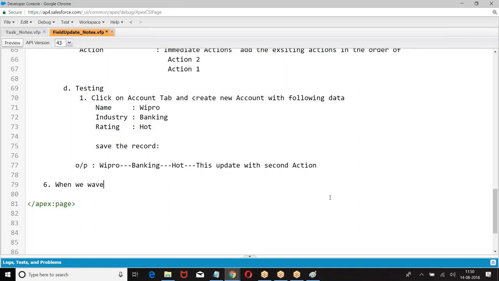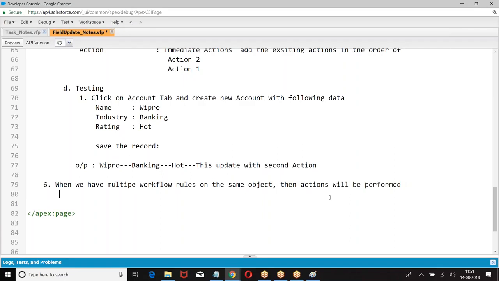When we have multiple workflow rules on the same object, actions will be performed as per the order of workflow created date.